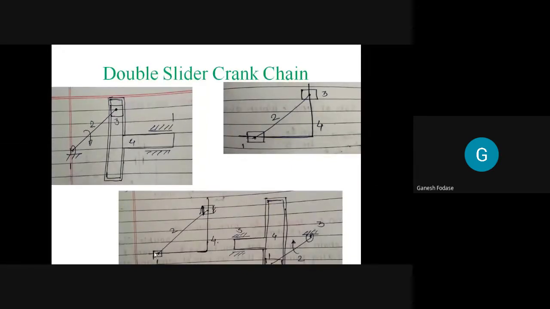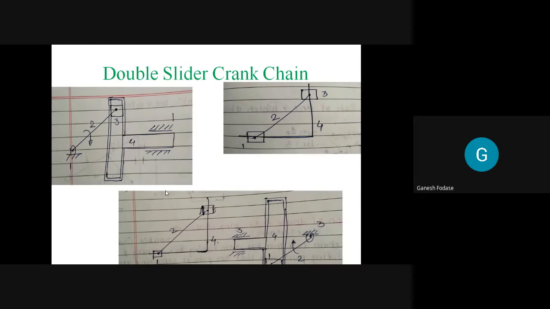So here, instead of fixing 1, if you fix link number 3, the same mechanism is obtained, but the difference is the crank. Which link is the crank again? Link number 2 is the crank, 3 is fixed. But here 1 will reciprocate inside link 4. Of course, in the last case, 3 reciprocates as 1 is fixed. And here 1 will be a slider instead of 3 as 3 gets fixed. So the basic working is the same, but there are two different inversions as we obtain by fixing out of 2 sliders, 1 slider at a time.